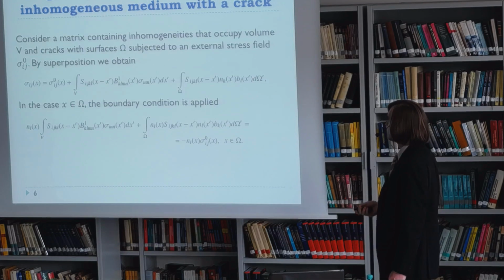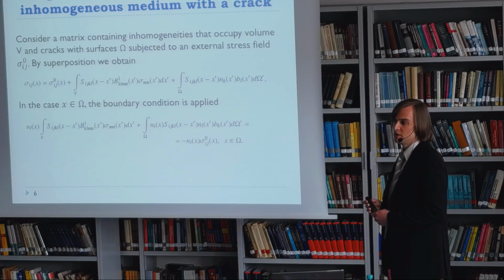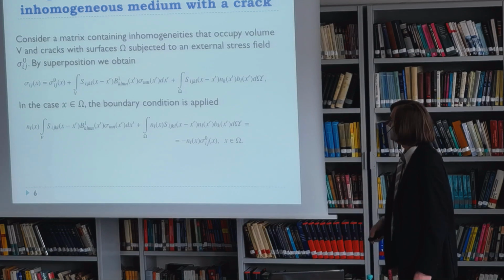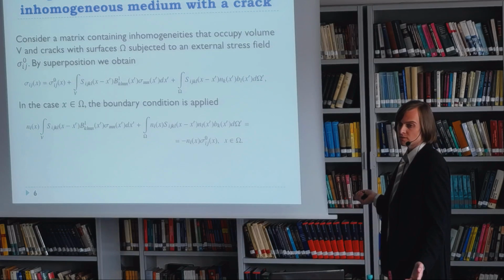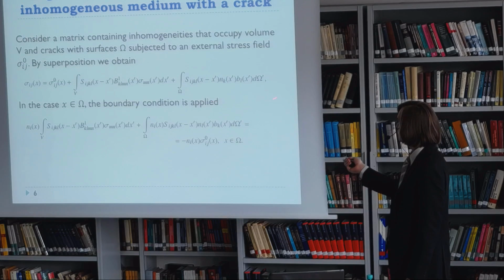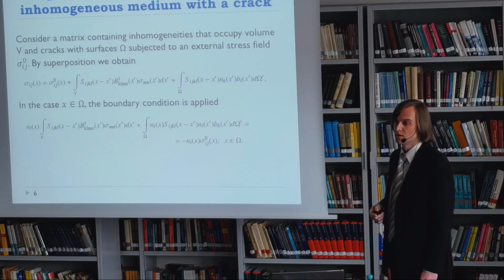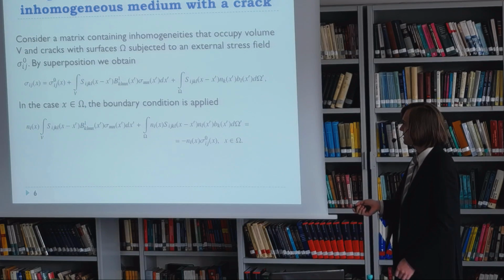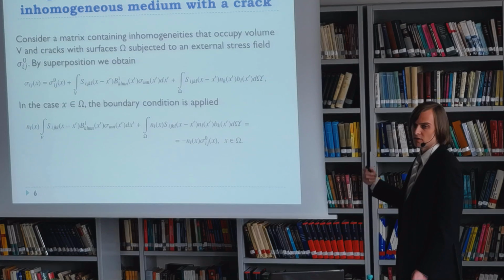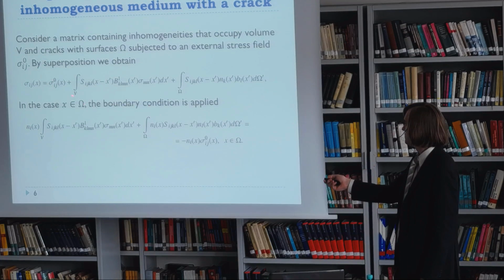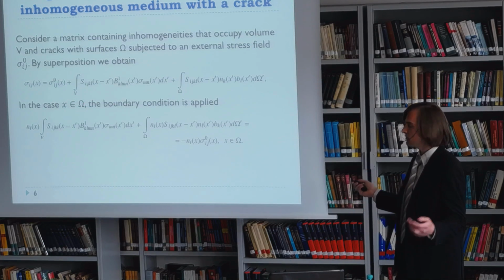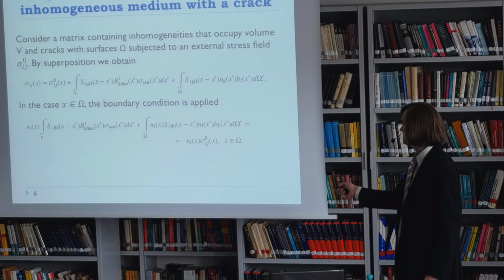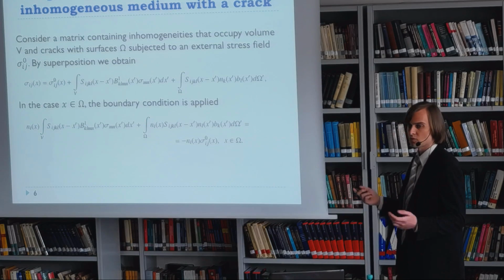Next step, we suppose that we have a medium with both cracks and inclusion. So simply by superposition of these two integral equations we have obtained, we have this lone integral equation for the whole medium. But of course in the crack case we know that we may multiply this equation by the normal to the crack surface, and for the cracks our point x belongs to the crack surface, we obtain these equations multiplied by the normal to the crack surface.